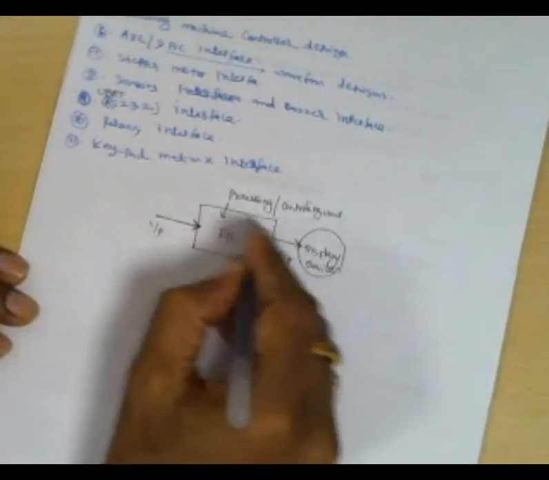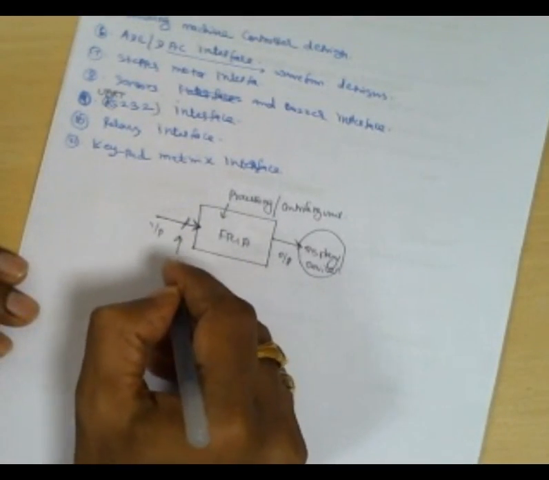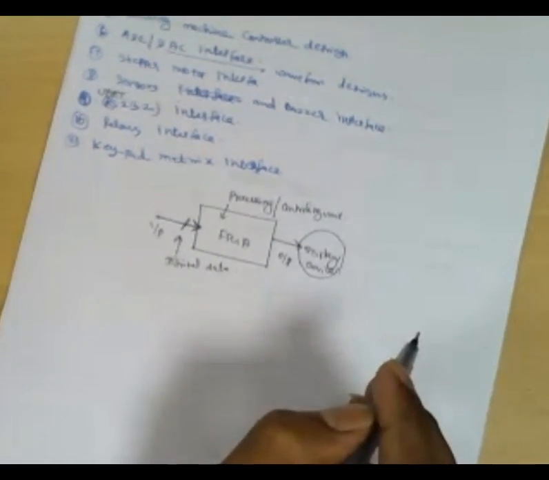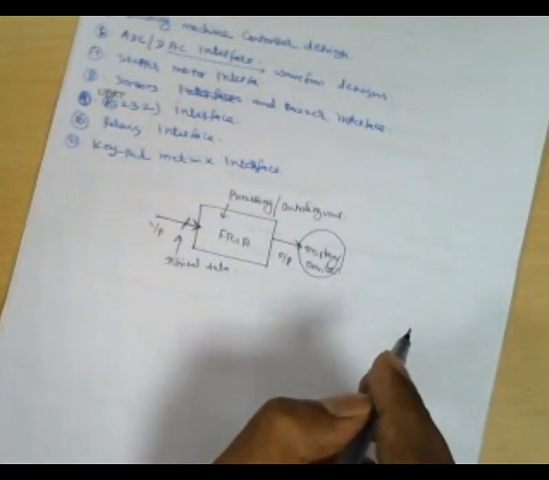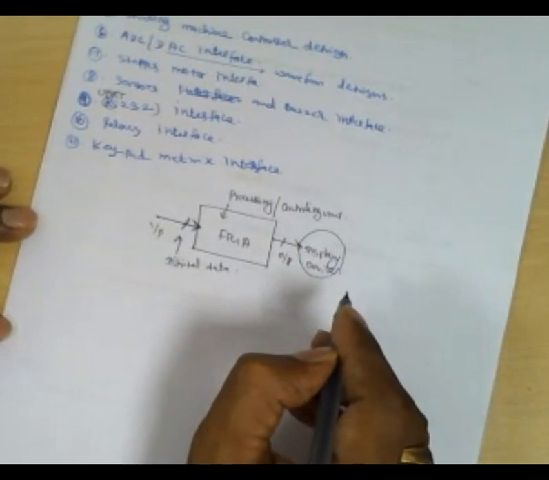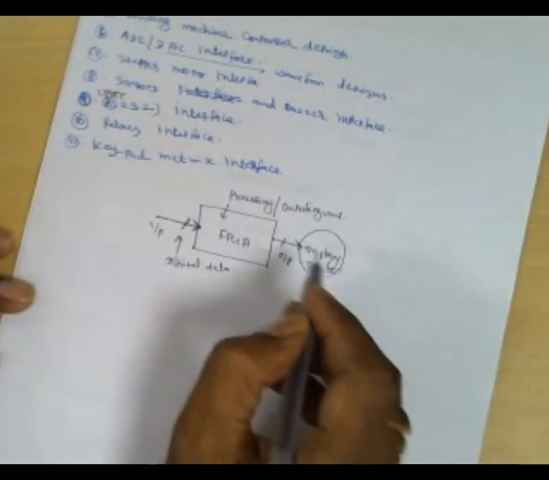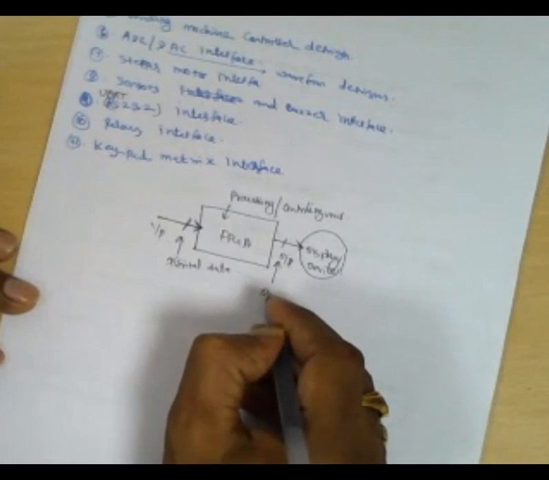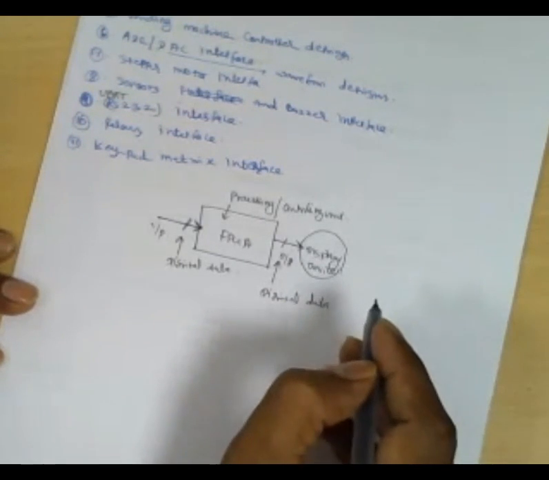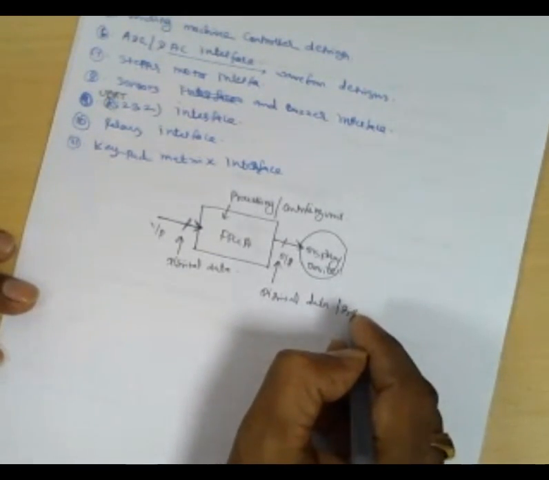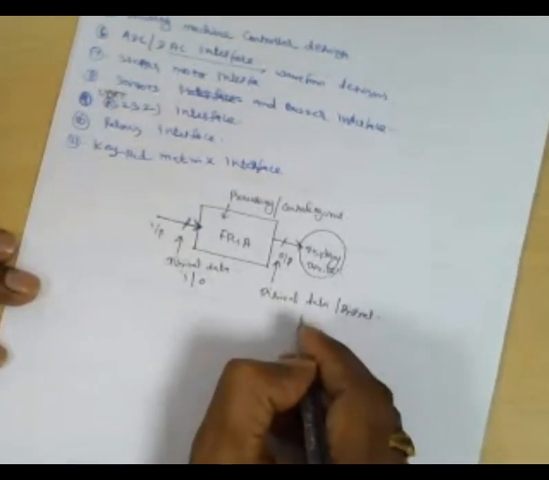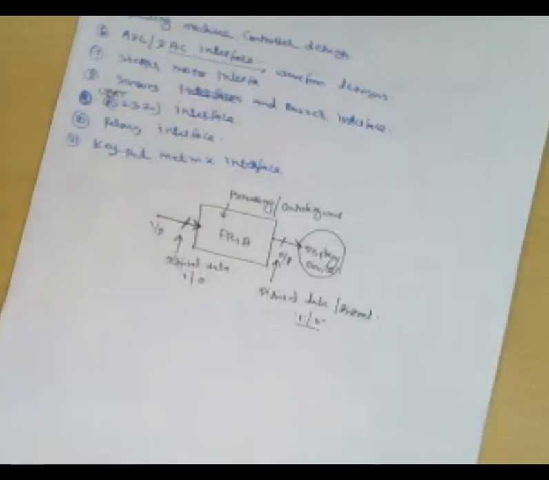We know very well the FPGA will accept only digital data. FPGA cannot inherently or directly accept an analog signal. In the same way, the FPGA cannot give you an analog signal out; you need to process it out. That means it will give you again a digital signal only. Digital signal means data, digital data, meaning ones and zeros. Only ones and zeros will come out, right?